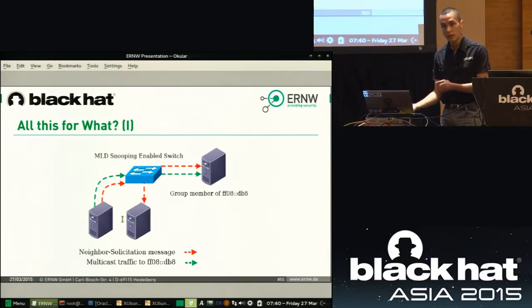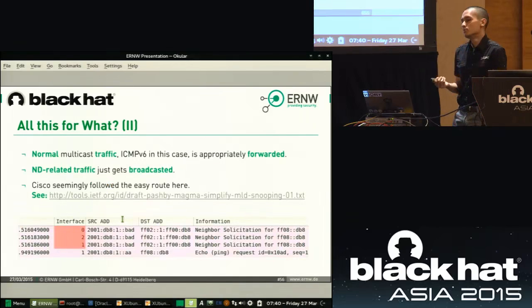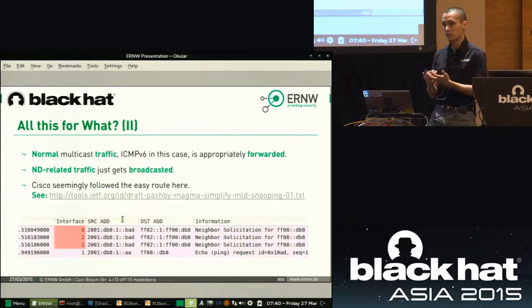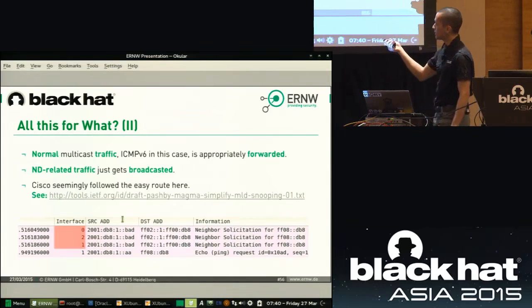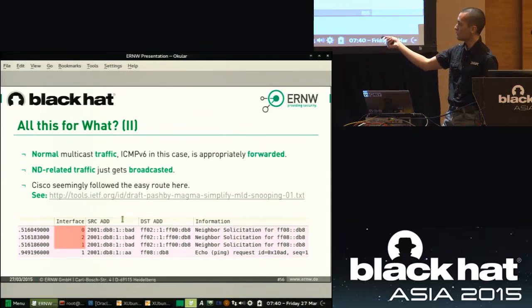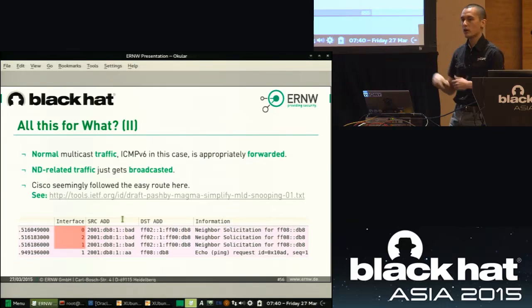What's the point of MLD on the local link, not in the multicast scenario, which only one person in the audience was using, but in the general scenario, which everyone has? There's more or less no point of it. At least from our perspective, there's no need for MLD on the local link. And as you see here, we sent neighbor solicitation messages through one and we received them through the other two. In the case of normal multicast data, it was just sent to the one on the slide.